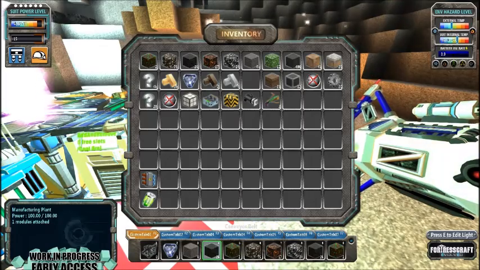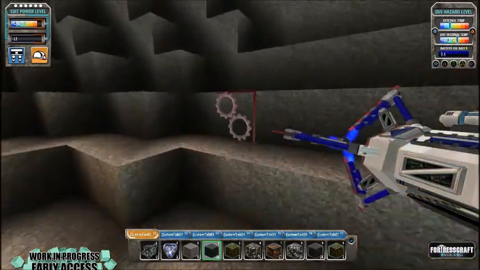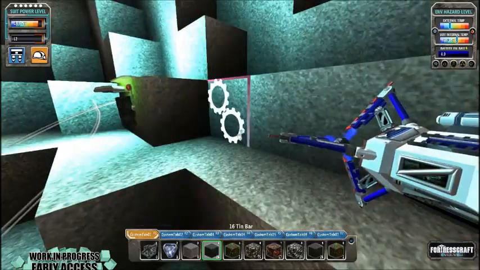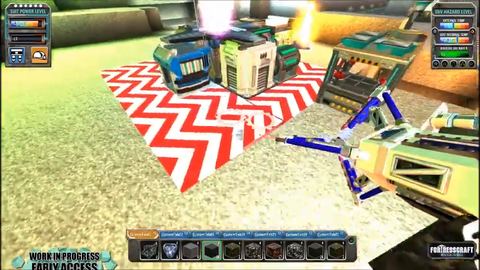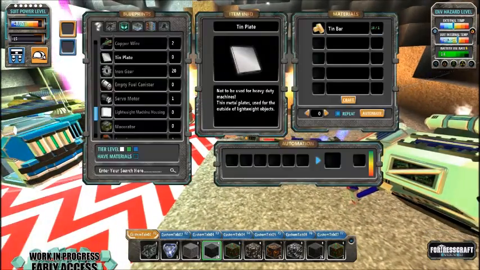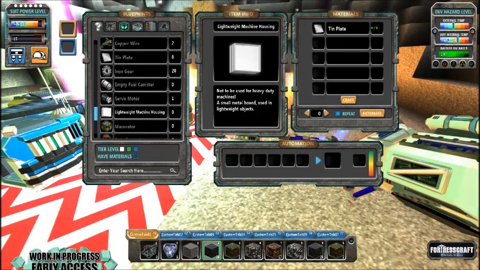I thought that was tin, to be honest. We've got 16 bars of tin, so why haven't we got availability to make the tin? Because we didn't make the tin plates first. Okay, so we've got that one,